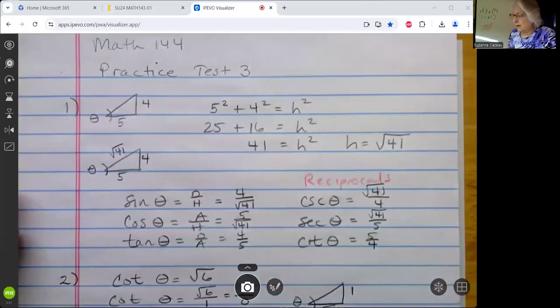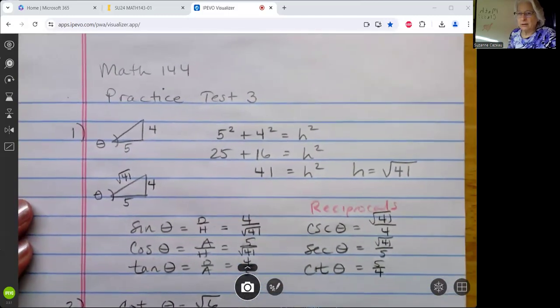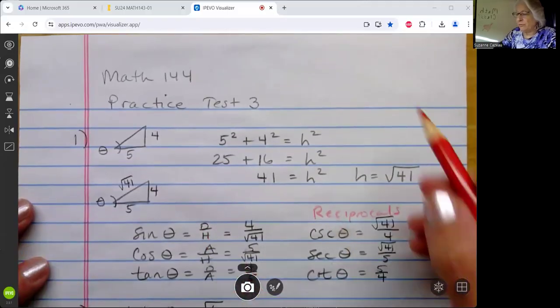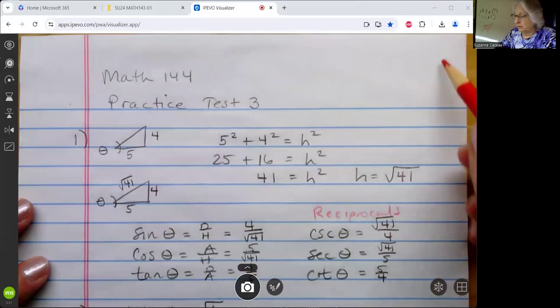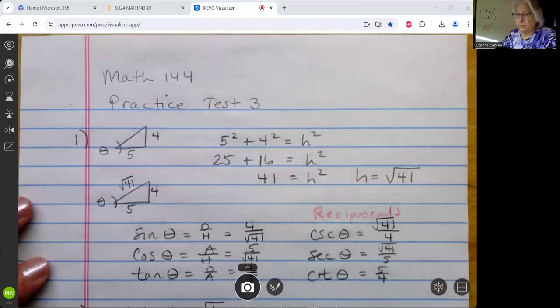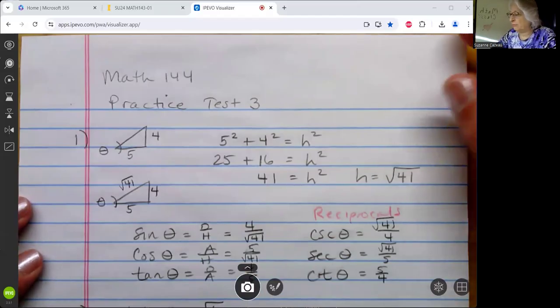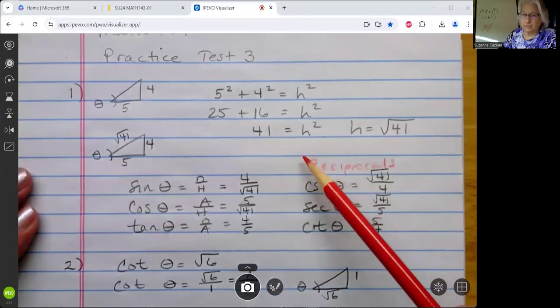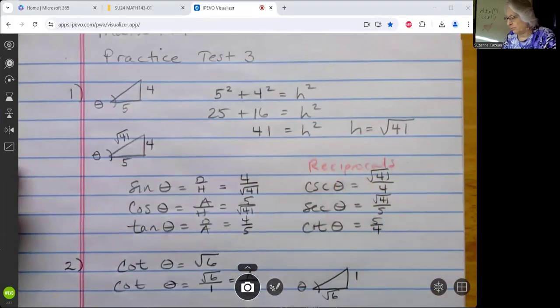Kind of like when you're doing test 2, you like to write your stuff down, SOHCAHTOA, draw your triangles, just like you would for test 2, because these are cumulative. All right, so you'll notice this is not from chapter 3 or chapter 8, whatever it is. So there's that. Number 2